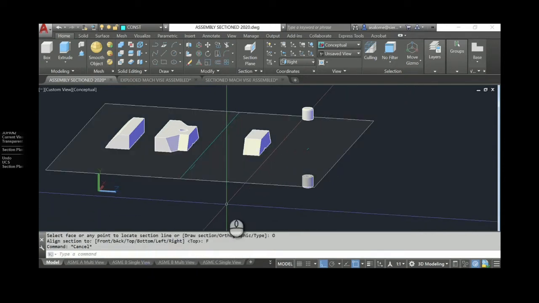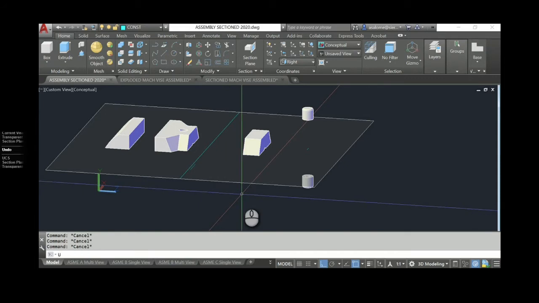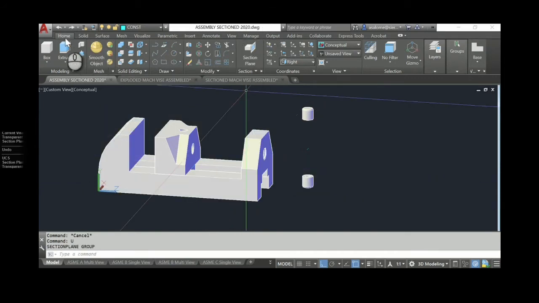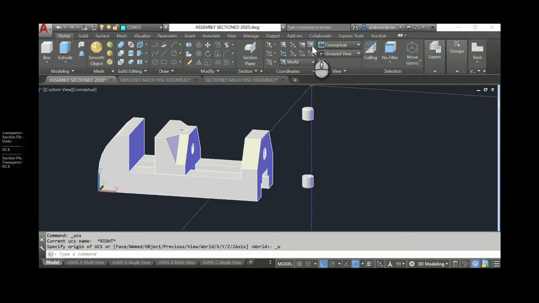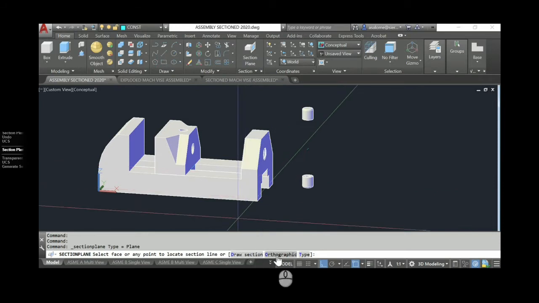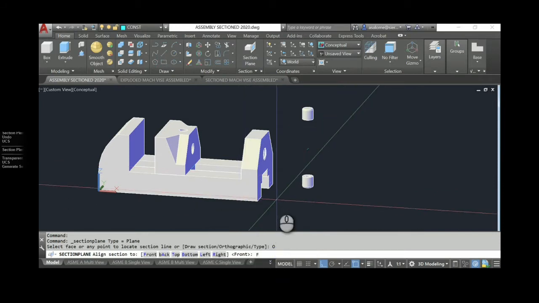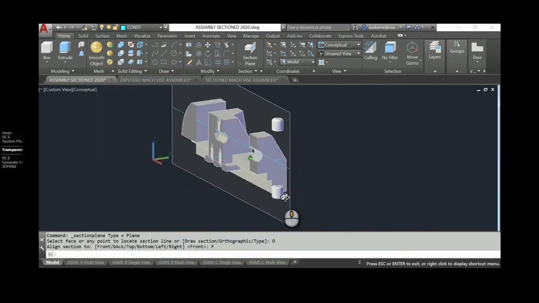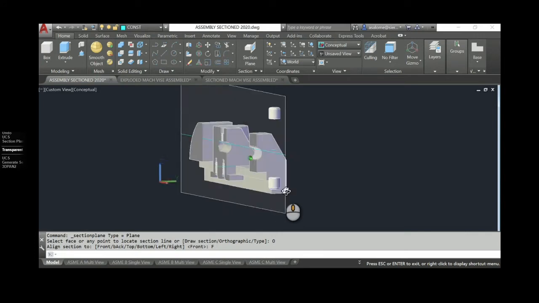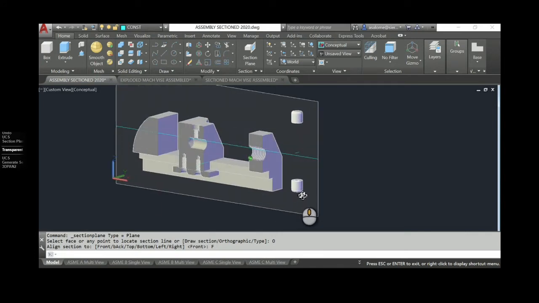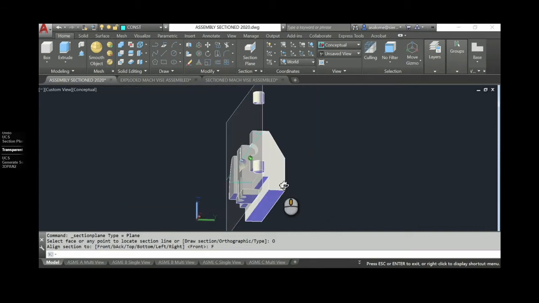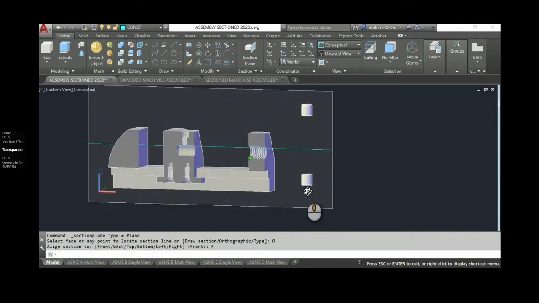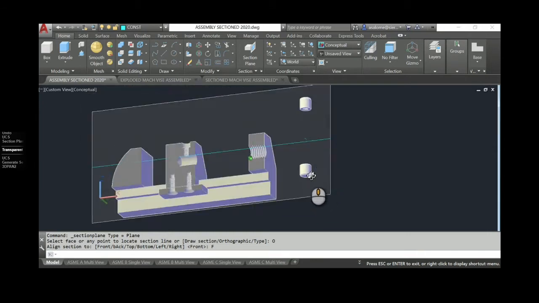Uh-oh. Undo. So first, make sure we're at a world coordinate, section plane, orthographic front. Okay, and that's going to find, even though my UCS was out here, it's going to find the midline of the part, of all of those parts, because they all shared the same midplane. And it's going to propose this plane here. And that's exactly what I want to see. Okay, so that's what I'm after.